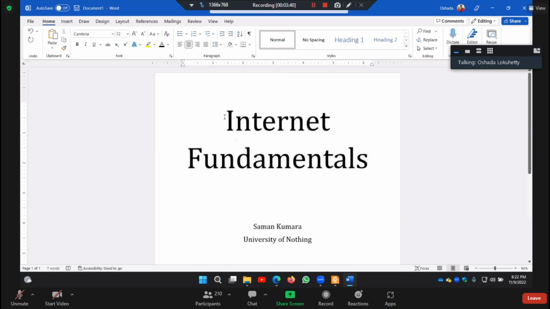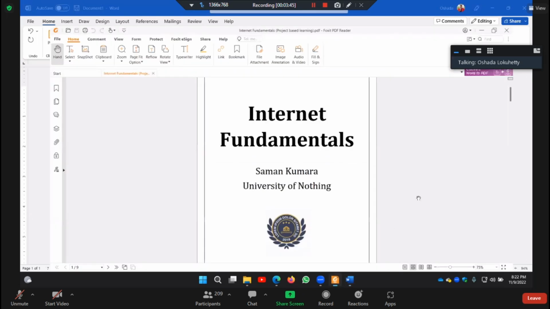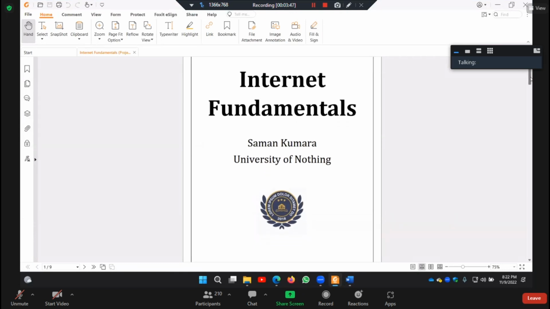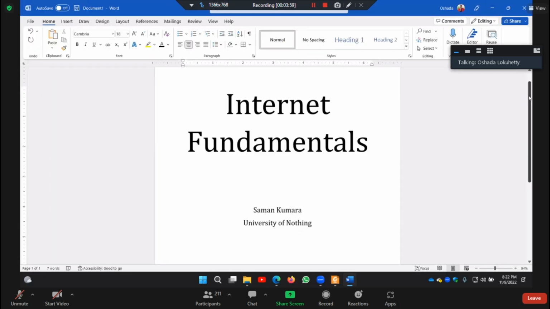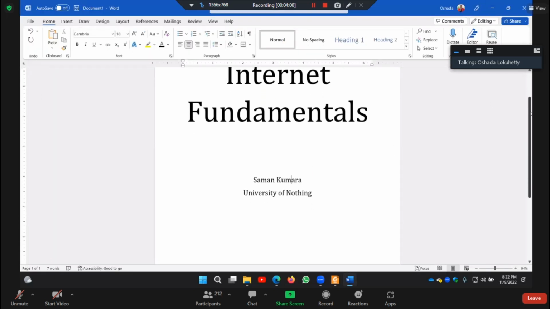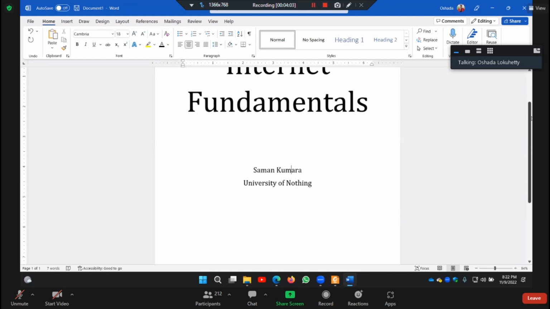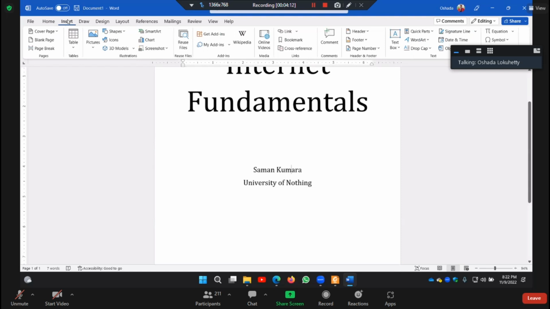I'll move on to the next part here on how to insert an image, right? Insert an image to our document, right? So here there's a logo here. So in order to insert an image, there's a specific tab for this purpose, right? There's a tab called Insert, right? So when we go to the Insert tab,